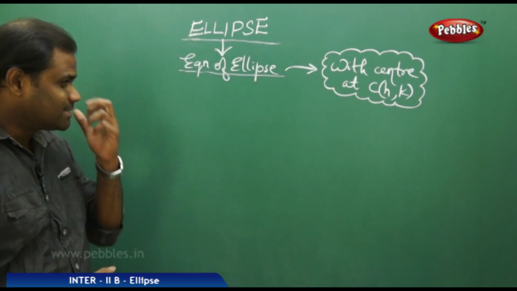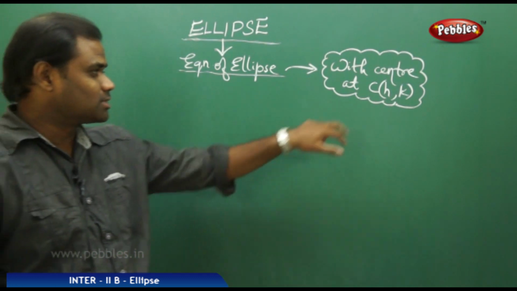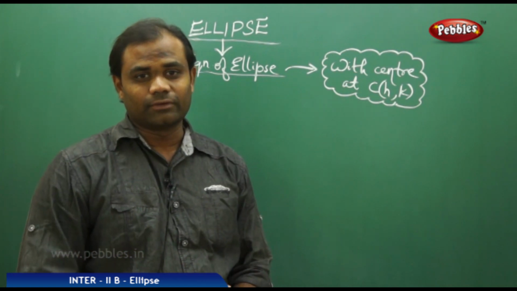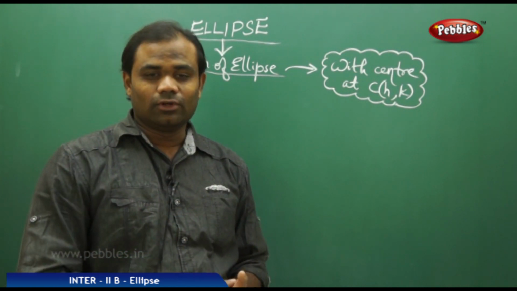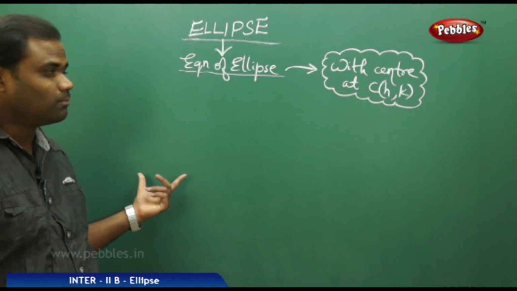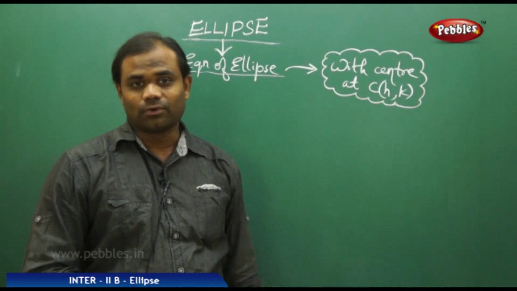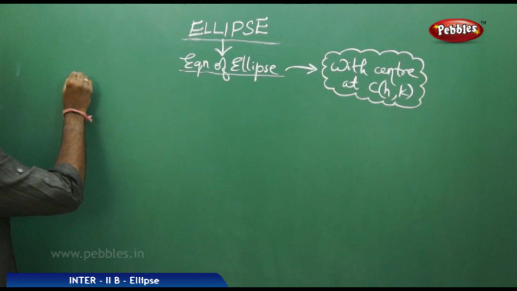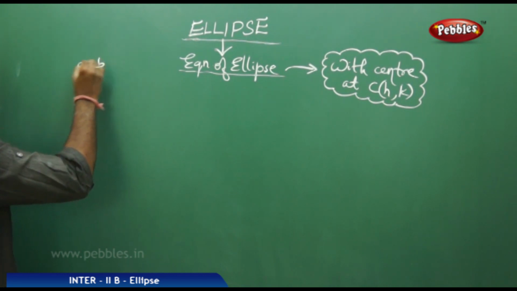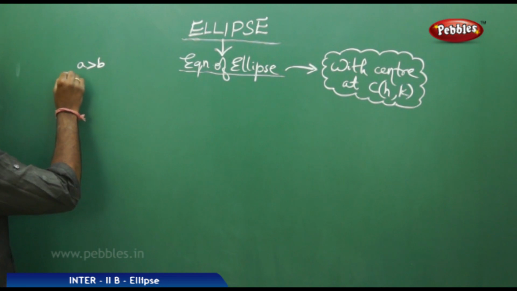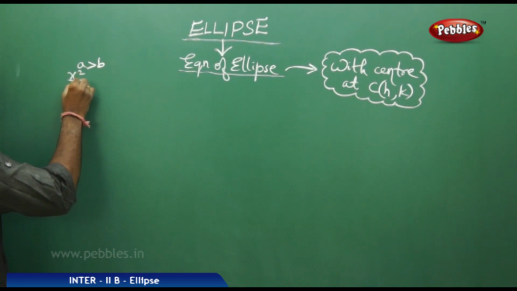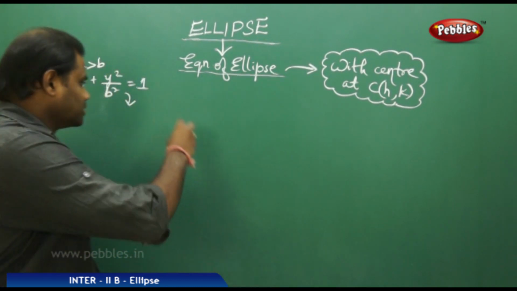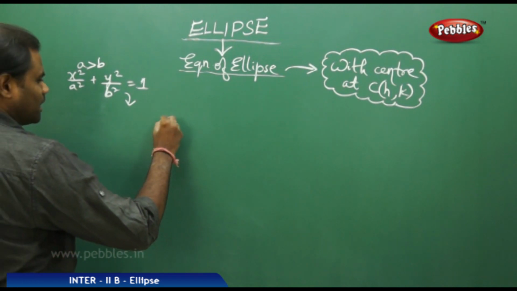So in this case, clearly I see that the center, which is origin, is transformed to this. So let's take the transformed equation of the original standard ellipse. In order to do that, we always need to understand the standard form of ellipse as compared with the transformed equation of ellipse. Say for example, for a greater than b, suppose my equation of ellipse in the standard form is x squared by a squared plus y squared by b squared equal to 1. Equation of this kind of ellipse is given by